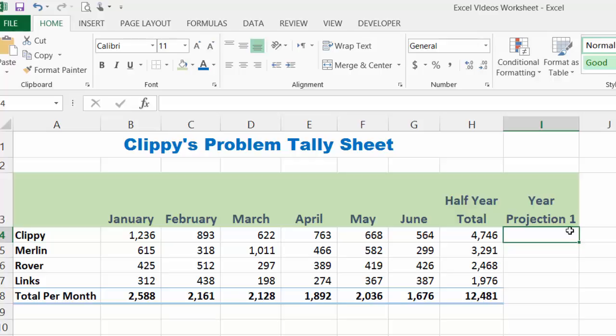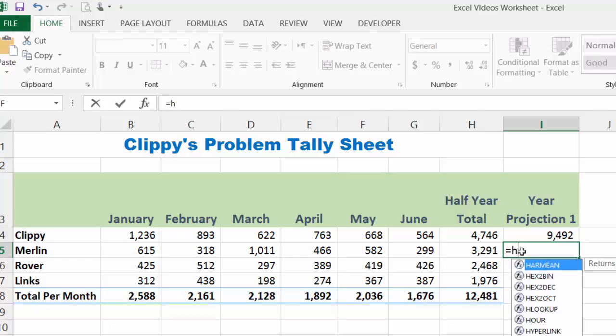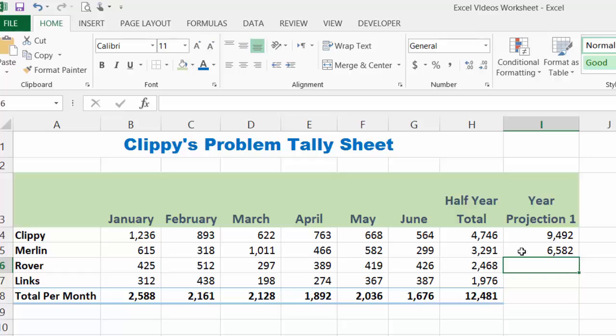How do I set that up? There are a couple of things I can do. Start with my equal, then click on or type in the cell. I can click on cell H4, or type in H4, that's the cell address, times, it's the star, and then the number 2. That would be one way to do it. The other way, again, equal, and this would be H5 times 2. Now, as with built-in functions, with formulas, once you have one that works, it's a good idea to use the